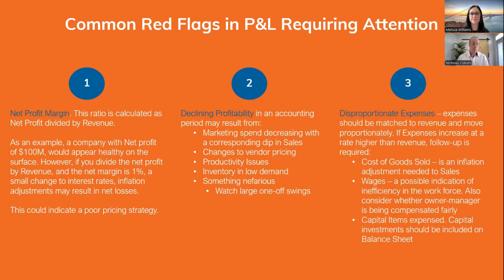And the third is disproportionate expenses. So you might ask, why is that any different? With declining profitability, there could be a case, marketing as an example, where you actually want to increase your expense. But where it's disproportionate, that's the dance maybe the cost of goods sold is doing with revenue, where your revenue is at one level, but your cost of goods sold is going through the roof. Again, you want to assess, is this inflation? Do we need to change our pricing? Are we keeping up with the inflation adjustment that everyone else is passing through?